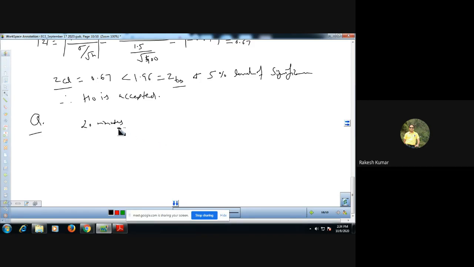That means the ambulance company claims that they take only 20 minutes to take the patient to the hospital after making a call to them. So if in 6 calls, meaning a sample of 6,